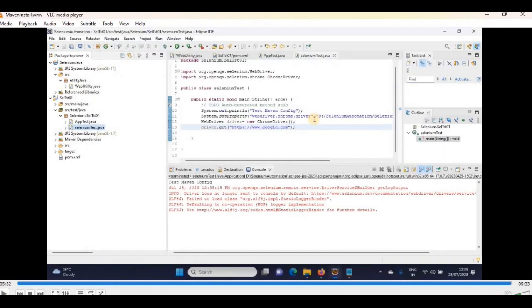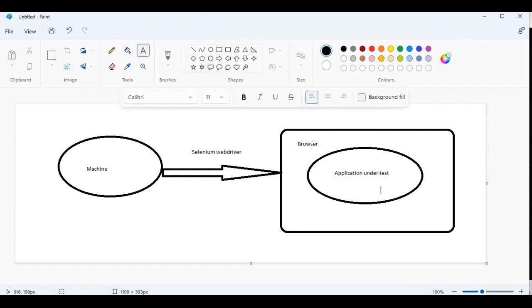So that's it for today. Now you understood how to configure a Maven project using Eclipse. In the upcoming tutorials, we will see what the inbuilt functions of Selenium are, like how to identify the element, and the DOM structure. One more thing, as I told you earlier, the application under test is being communicated using a DOM structure. So every website has its own DOM structure. Example,